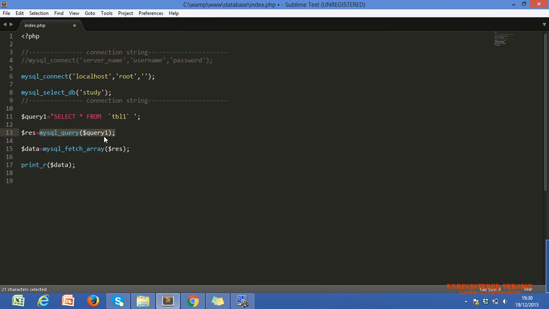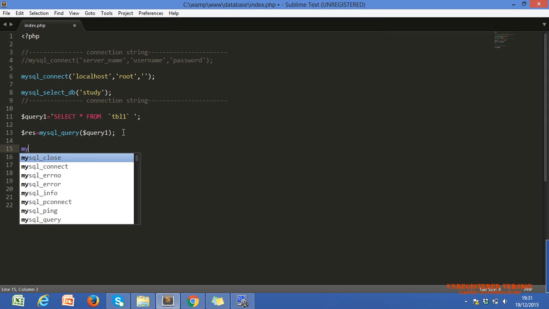If we want to fetch the data after this execution, we use another inbuilt function. There are four kinds of functions. Let me comment this and show you the four kinds of functions for fetching data: mysql_fetch_array, fetch associative array, fetch object, and fetch row.